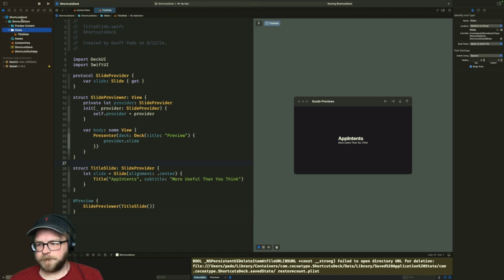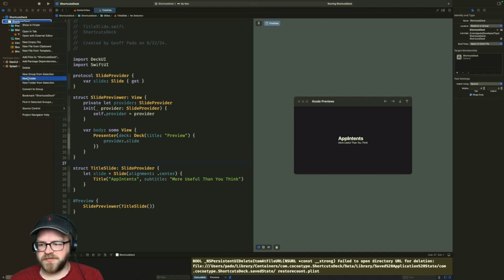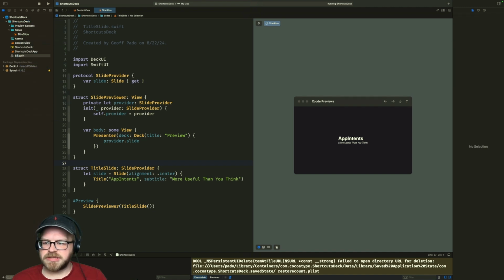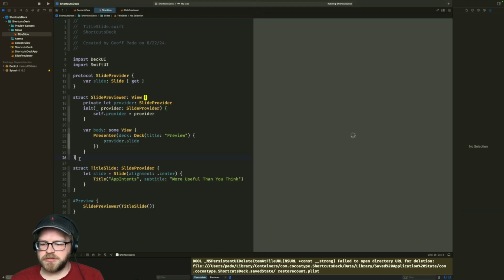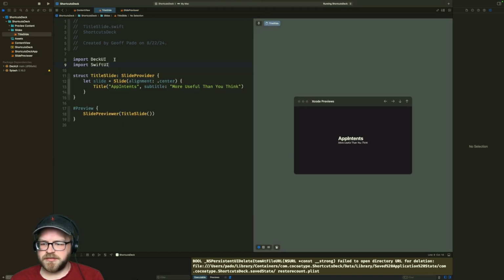We're going to move this other stuff out into a new file. Slide previewer. We have easier ways to deal with this stuff.